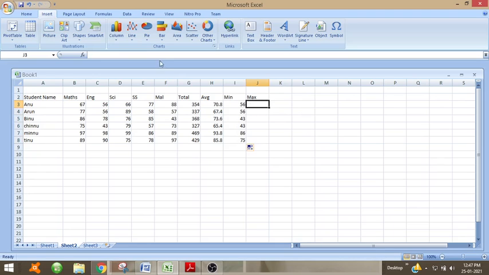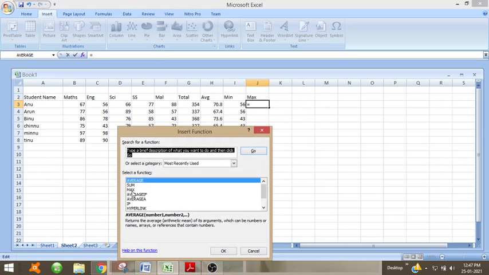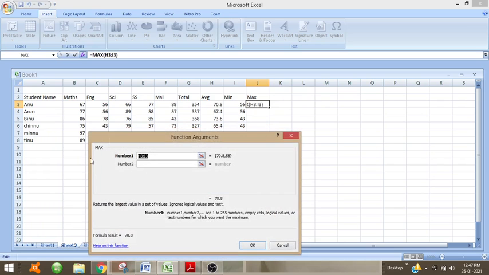So the minimum marks for each of the students will be shown here. Now for max marks, click here, equal to, either you can click on the functions and select max, or you can directly write max. Then from which all columns do we need to find the maximum value?